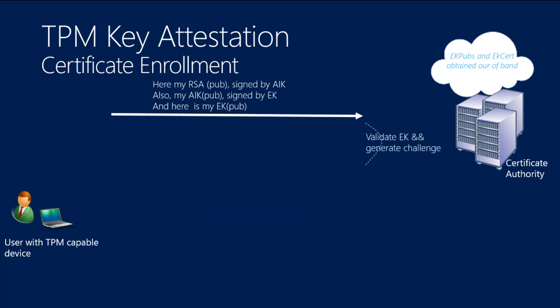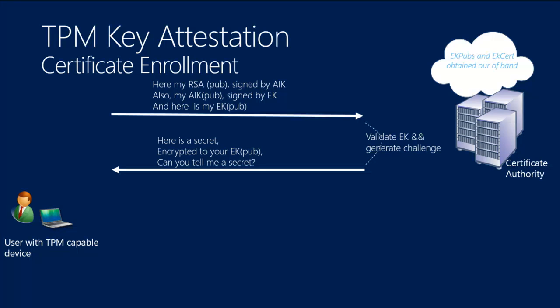So what the certificate authority will do, they're going through the white list of those EK pubs that they trust, and they compare it to those that we send from the client, and if the match is happening, they're saying, perfect, client, you have EK pubs that I trust. Let me generate a challenge for you that only and only if you have the EK private key on your TPM, you would be able to decrypt my challenge.